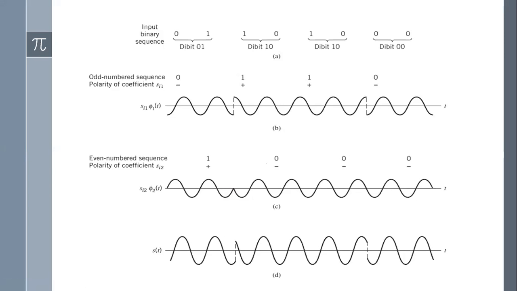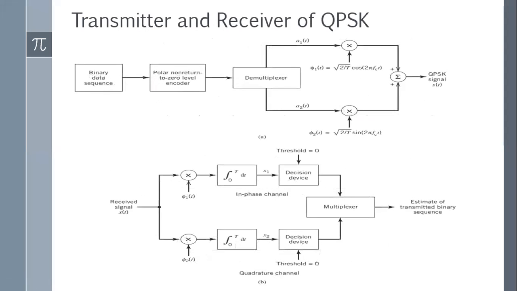Since I hope you have understood, now see how we can generate this signal and what should be the block diagram of this. I hope this portion is clear to everyone, how I am transmitting 2 bits at a time. So this is your block diagram. The block diagram is very similar, but there is a small difference. So what do we do? If you remember, we have a binary data sequence, and gray code is also binary, in the form of only 0 and 1.